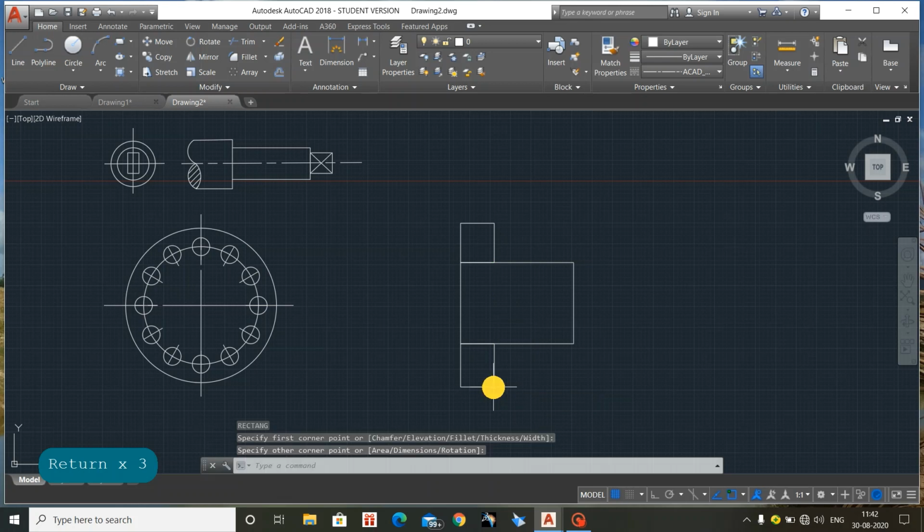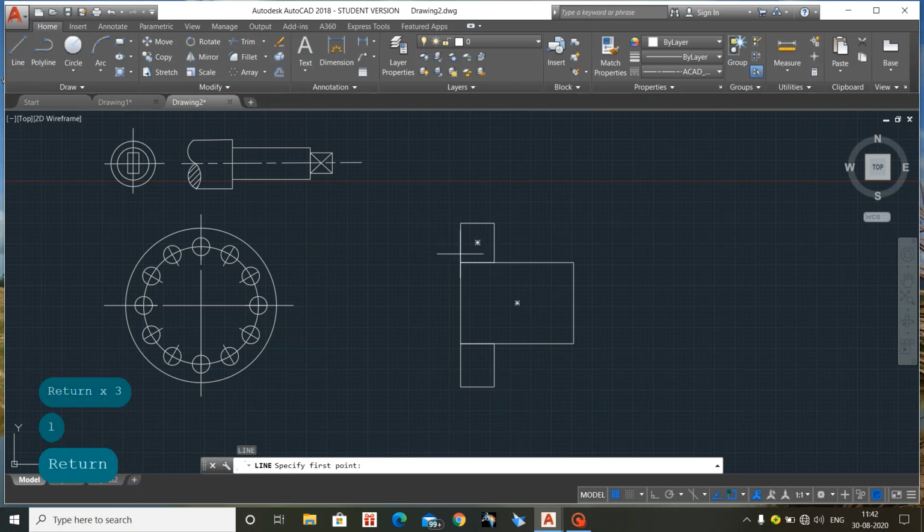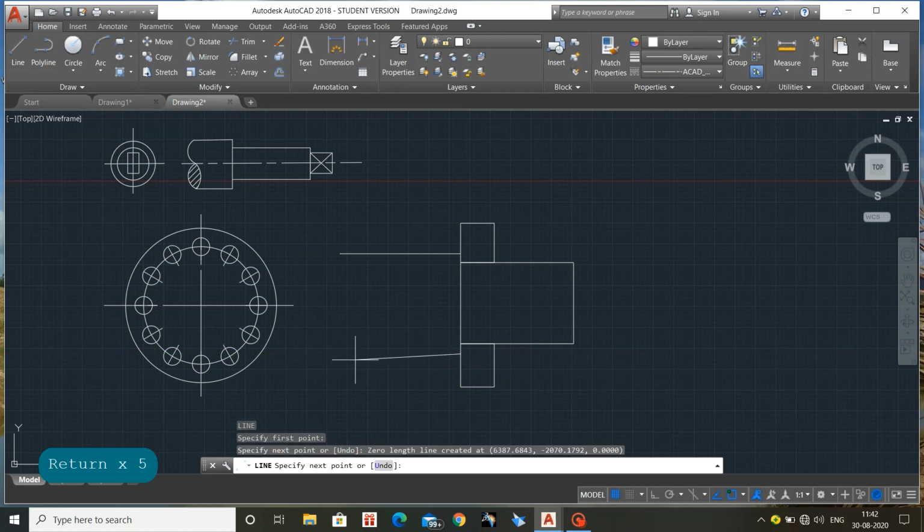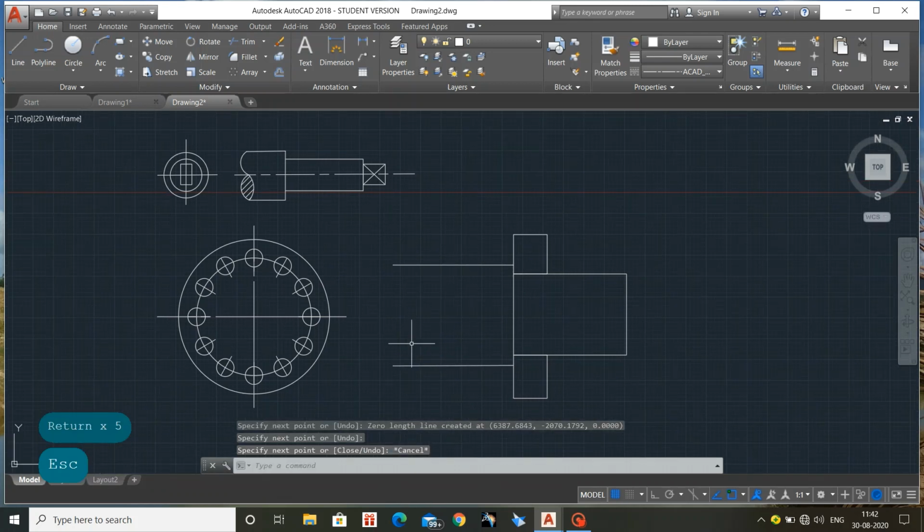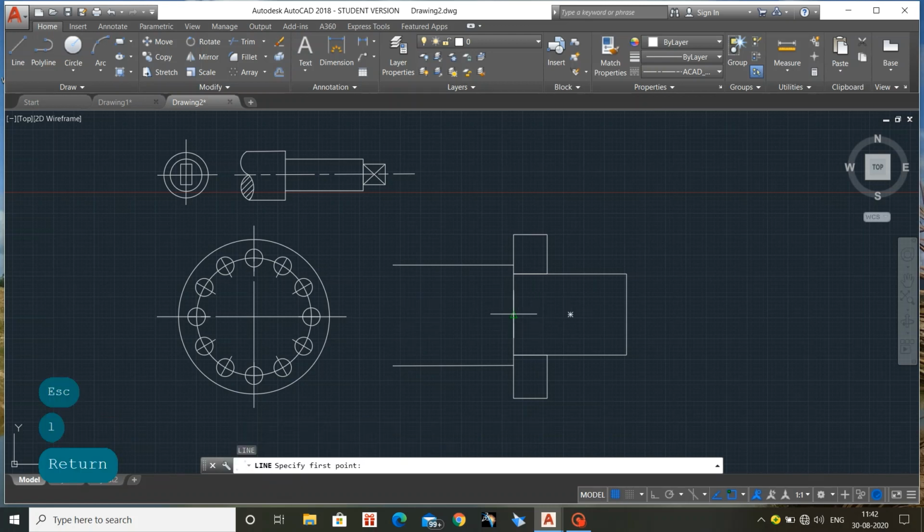Okay, done. I am taking a line, drawing here, and similarly taking a line. Okay, drawn the line. So here similarly, as told you before, you can use the arc or else spline also.